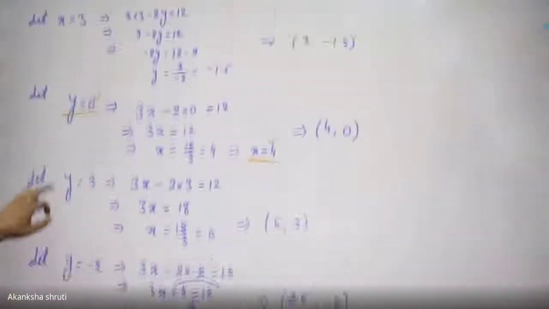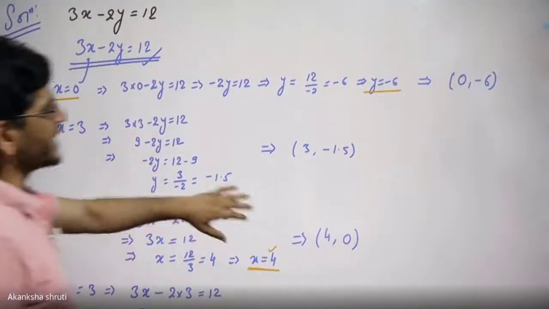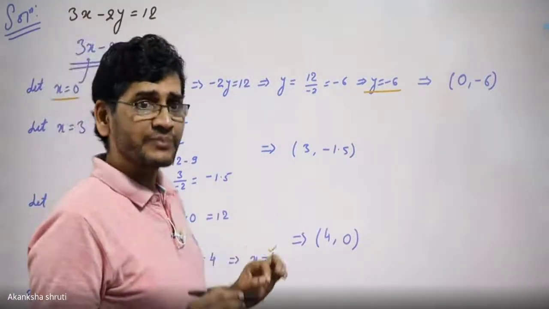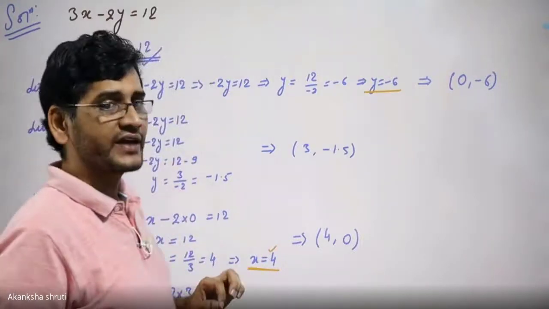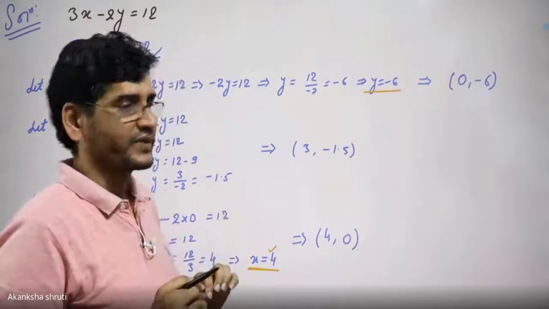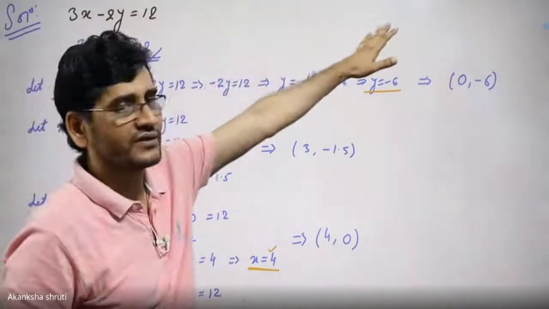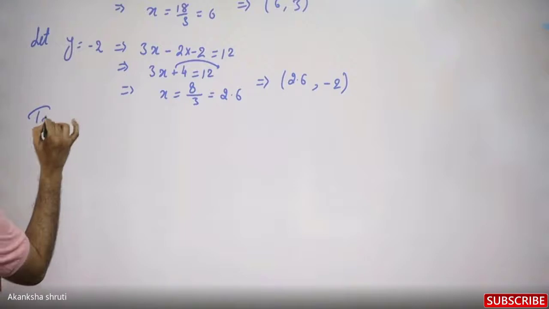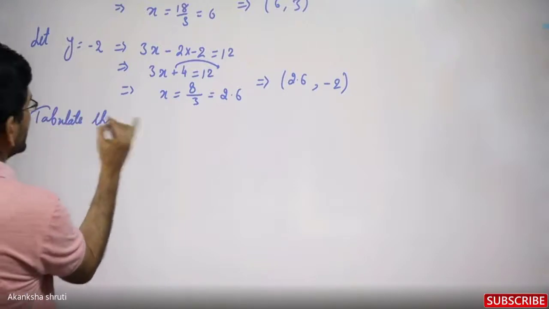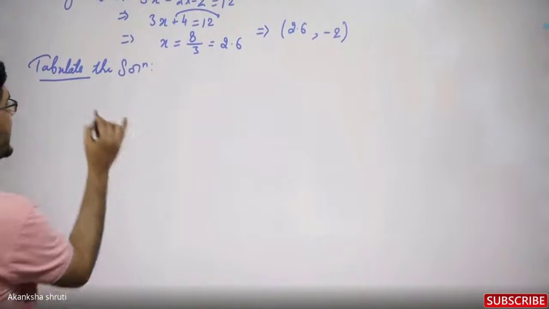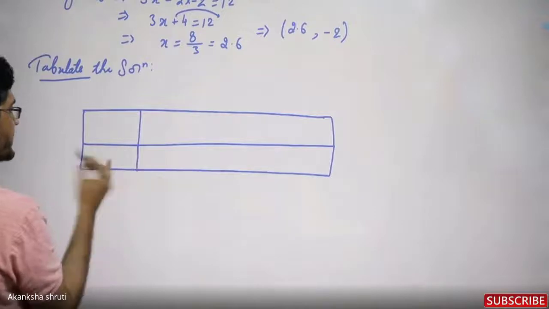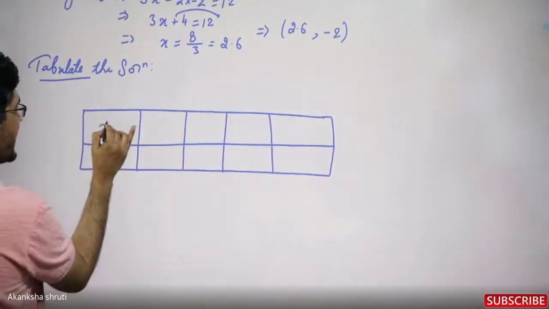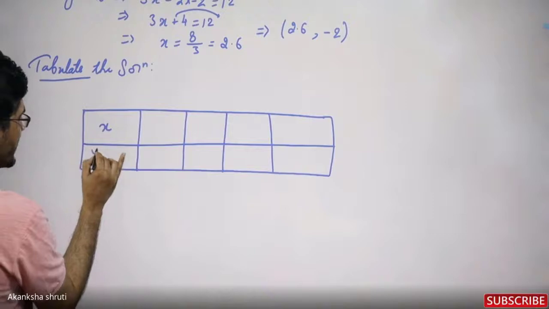Now, students, whatever solutions we have calculated, have to be put into a table. The ultimate purpose of this calculation was to make a table. So you may draw that table earlier, or after calculation you may tabulate it. So write it here, tabulate the solutions. For tabulation of solutions, students, we are making a table which has 2 rows only. In the first row, we are considering the x, and in the second row, we are considering the